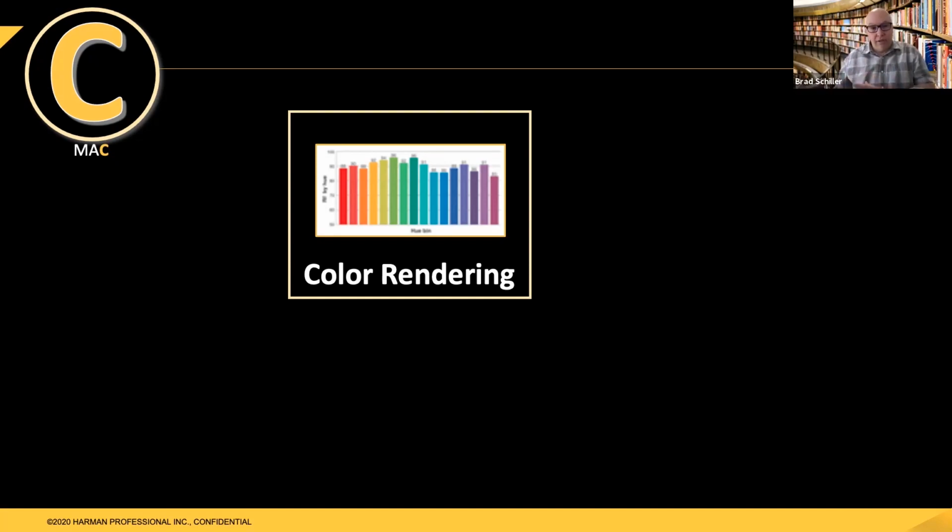And there are different systems for color rendering. If you want to learn more, I really suggest you go back and look at my quality of light presentation, available on the Martin Resources Learning Sessions page. There you can find a very good description of the different methodologies and why you should never use CRI. Stay away from that. Look at TM-30. Color rendering is an important metric that we use to help define white light.